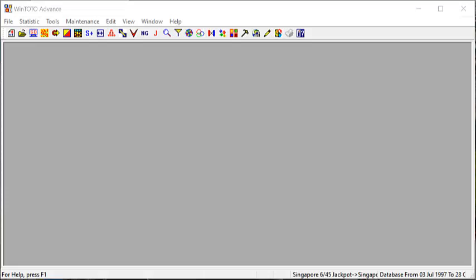In the year 2013, we developed another forecast feature known as the reverse scan, and in the year 2017, another forecast feature known as the shift forecast. All these features have helped and enabled a lot of our users to win many good prizes.